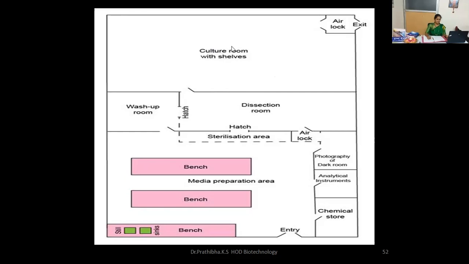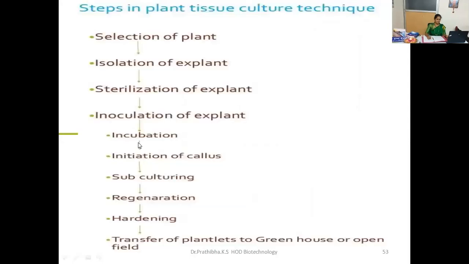In the culture room, we can also see a thermometer to check the temperature of the room, and one more instrument, the hygrometer, to check the humidity. So this is all about the laboratory organization and the three rooms. One is the general laboratory, another is the aseptic chamber, or culture transfer room, and the other one is the culture room. Hope I made myself clear about the laboratory organization.